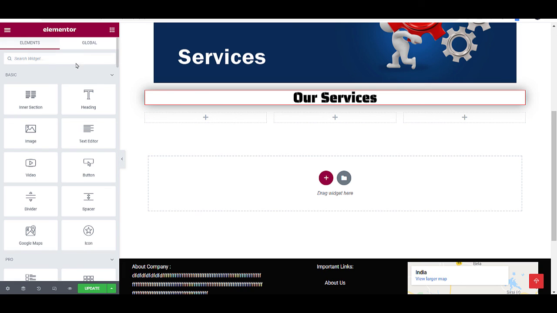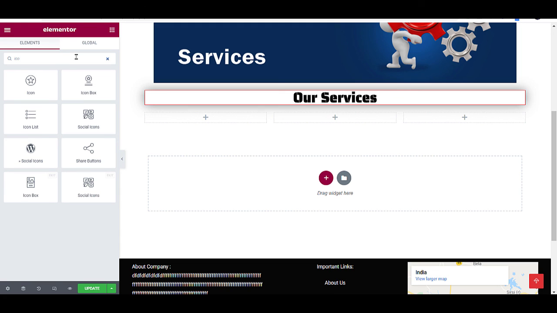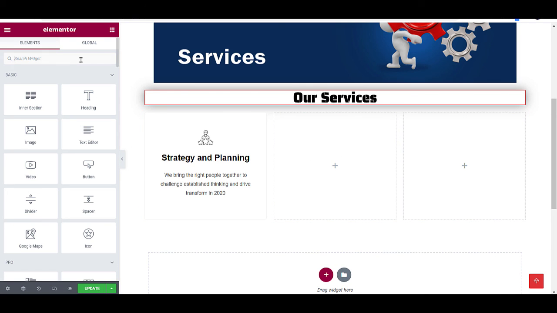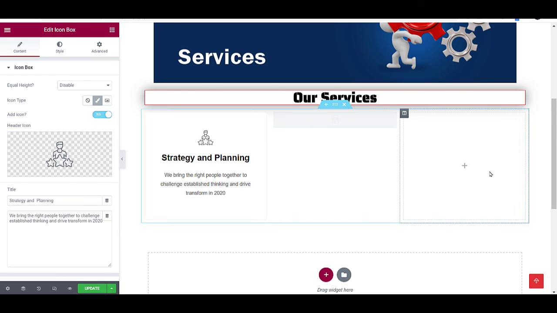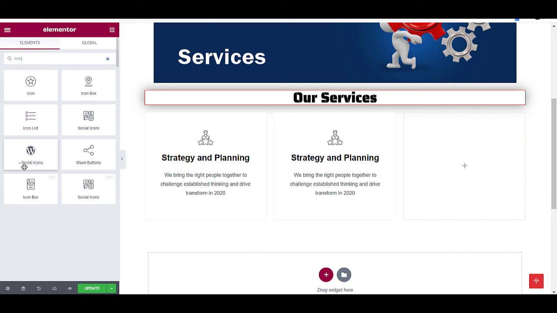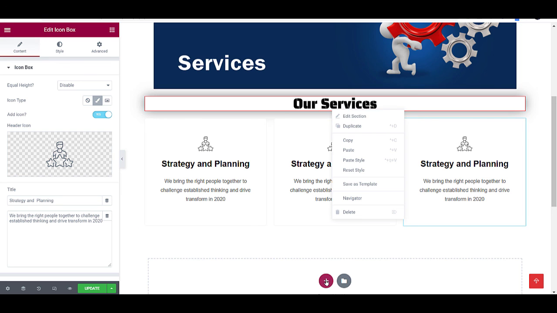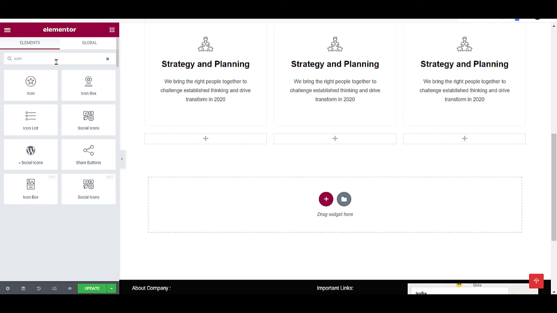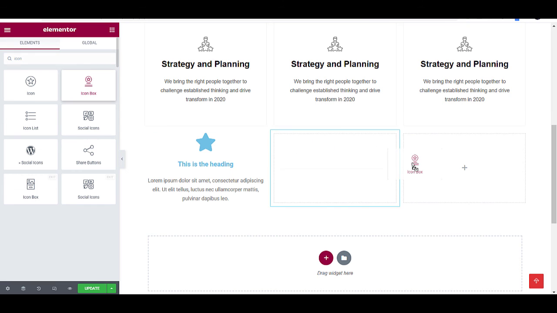Just click here and type icon, and you can choose this one. Same plus 3. If you don't want this, you can try this one also. There are lots of different boxes.